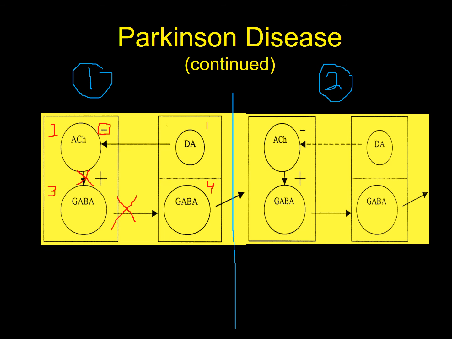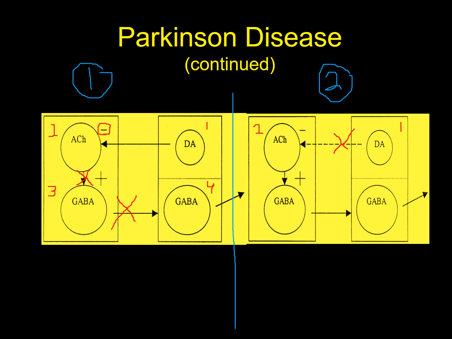Now, in Parkinson's disease, which is number 2, look at what's going on. In Parkinson's disease, you have a dashed line here between dopamine and the acetylcholine-producing neuron. The dashed line means there's not enough dopamine. There's a loss of acetylcholine-producing neurons. So now, if you don't have enough dopamine,